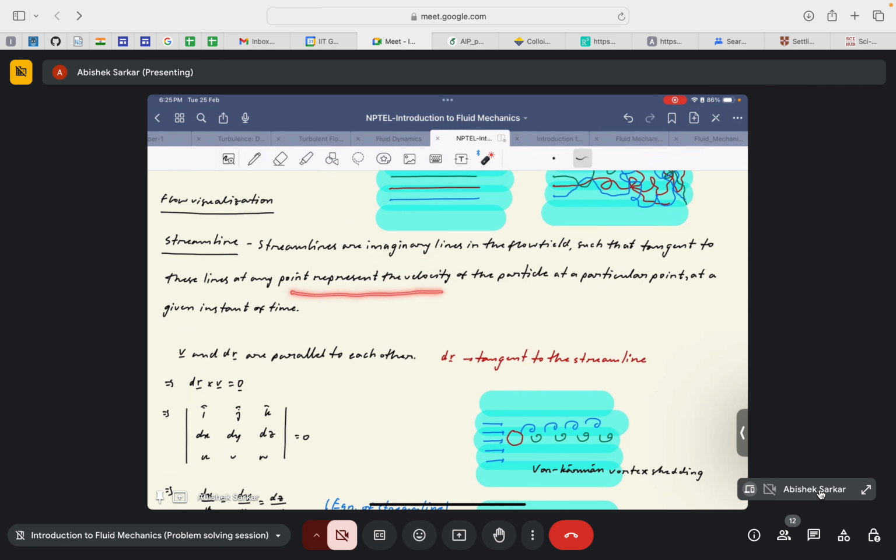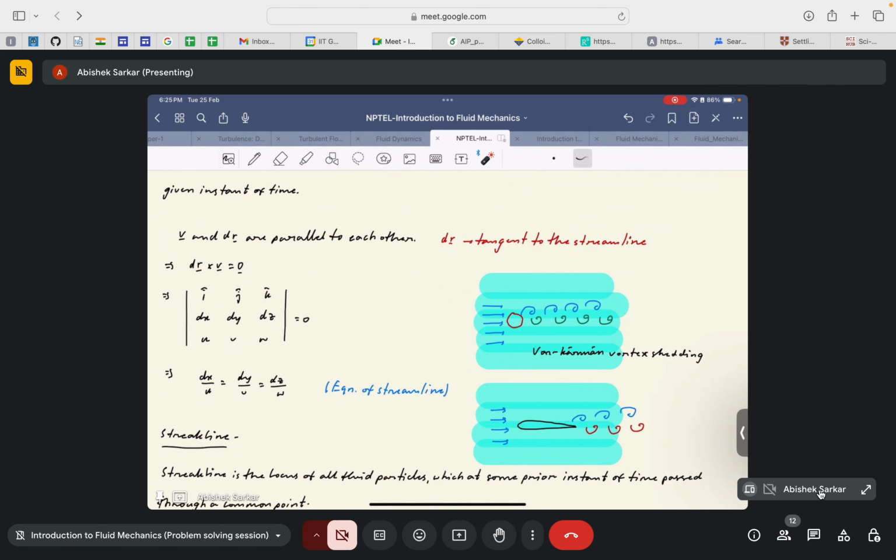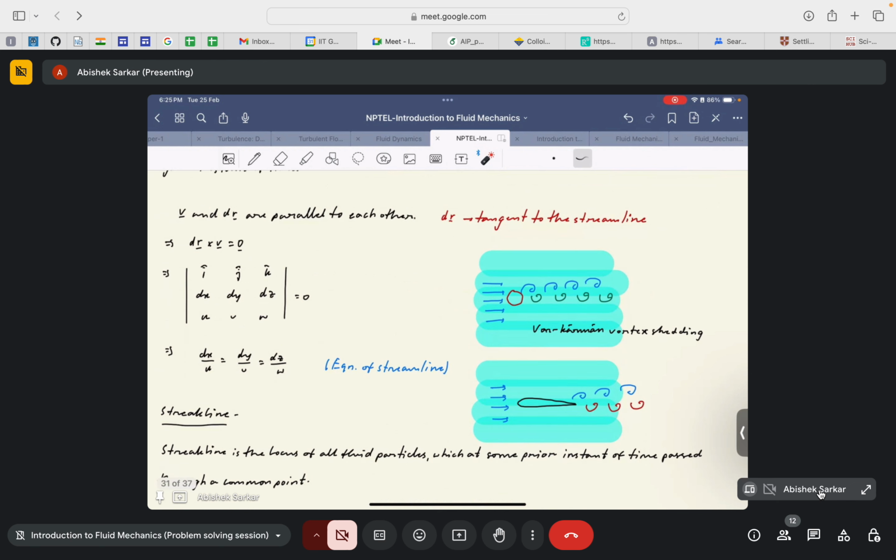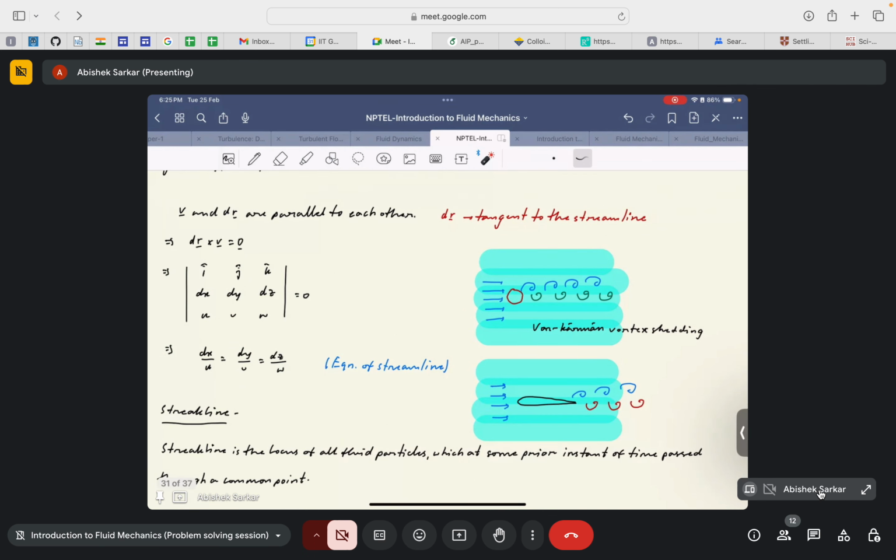So these streamlines are defined instantaneously, for a particular instant of time. Again, there was a very extensive diagram and notation used by Prof. Chakraborty, so I'm just going to skip that for the sake of saving time, but I will discuss the governing equation. The equation was derived from the fact that the tangent to the streamline and the velocity should be parallel to each other, thus the cross product of both of them should be 0. Doing the cross product, we find that dx by u is equal to dy by v,